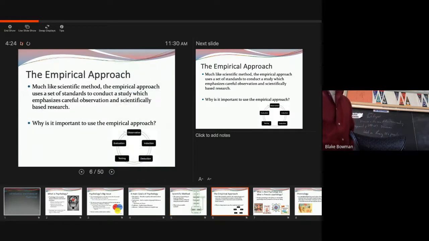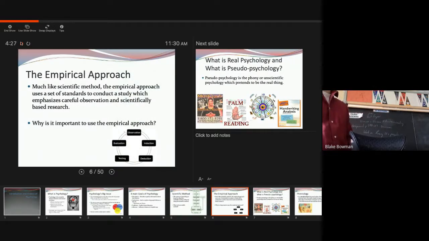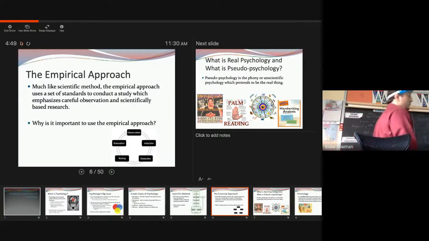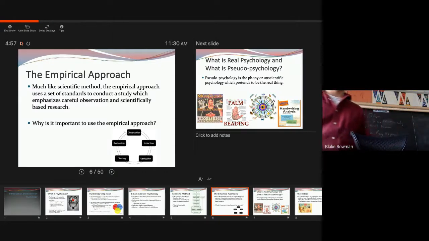All right, so the empirical approach falls in line with what we just talked about with the scientific method. It follows those four goals of psychology that I detailed yesterday. That's very important moving forward. We always need a description; we need to make observations. We need an explanation of some sort of behavior, with a hypothesis or a theory, which hopefully we can prove through experimentation. We need prediction, to try to predict behaviors, and to test those predictions we need the experiment. And then finally, we need influence: how we can try to influence or help those behaviors moving forward,